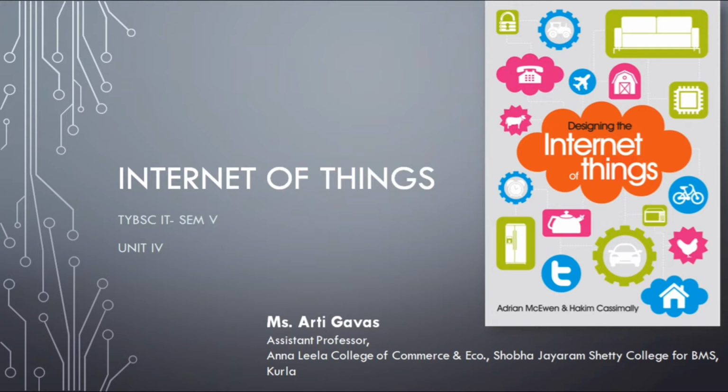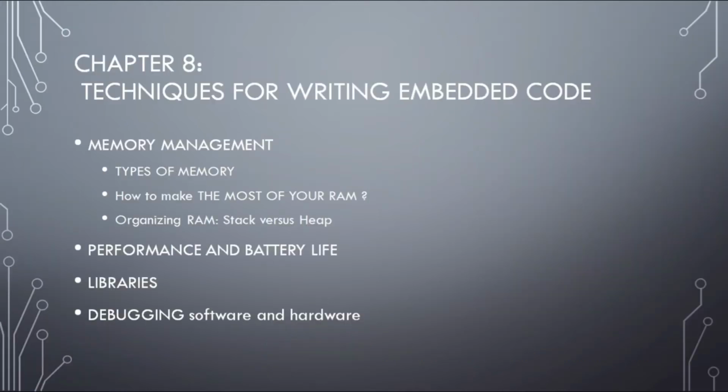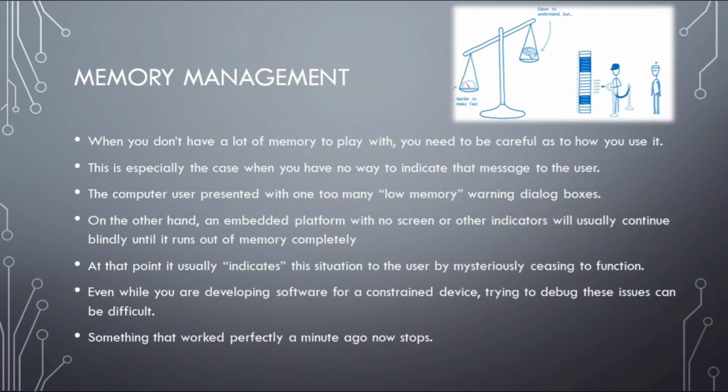Today we are going to talk about the memory management of Internet of Things devices. Most of the time, writing code for an embedded platform is no different than writing code for a desktop server system. However, there are a few differences if you are writing code for Internet of Things devices. This chapter will explore some of such issues and outline some ways to deal with memory management problems.